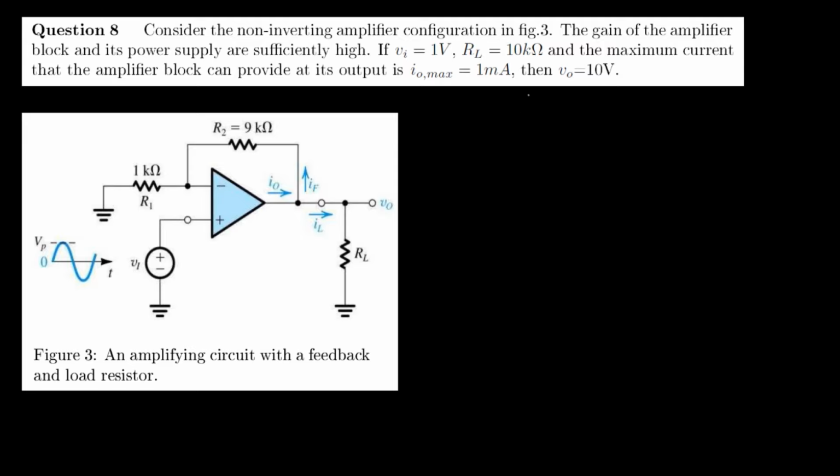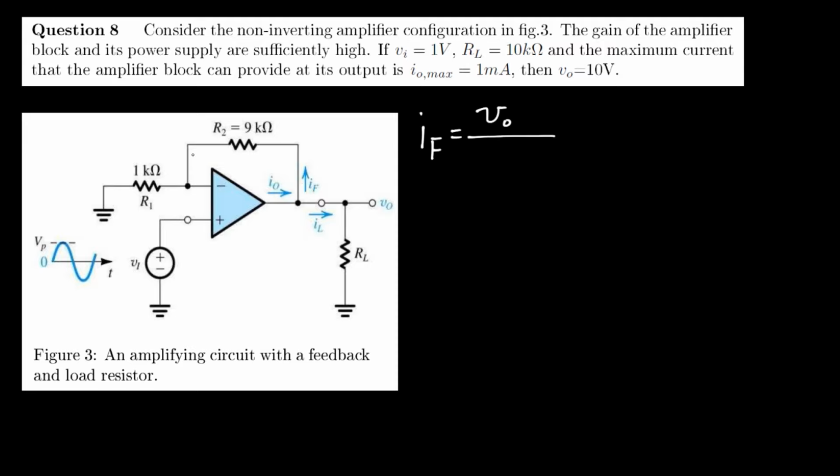Now, to test whether this can be true, we will first assume that Vout is indeed 10 volts, and then we can see whether there will be a contradiction that arises with this constraint of the maximum output current. So to do that, we will first compute Iout, and we can do that by computing the load current and the feedback current separately. So let's do the feedback current first, which is the output voltage, Vout, over the